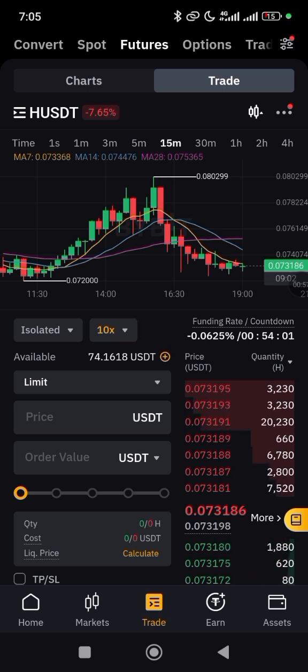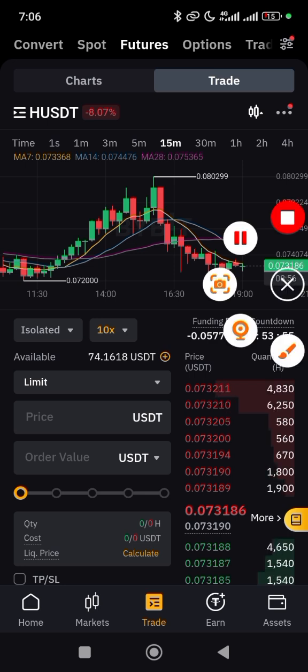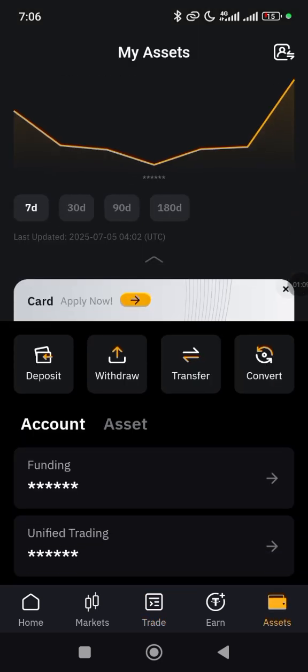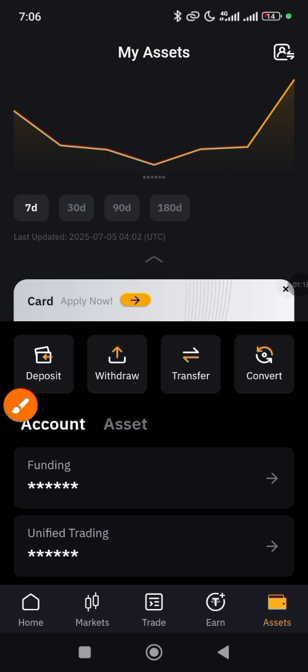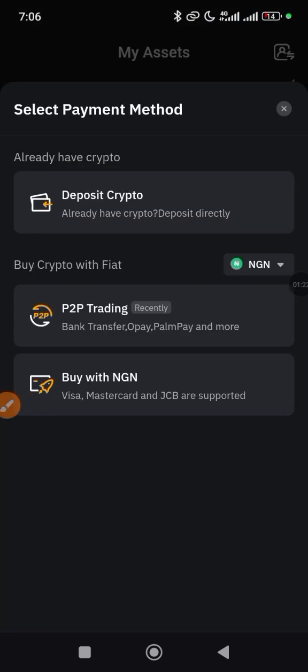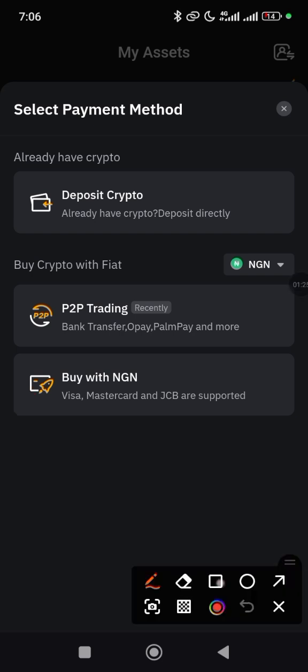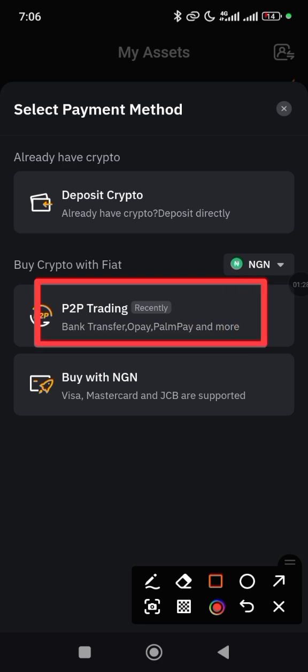First, you need to have funds in your Bybit. All you need to do to deposit on Bybit is come to your asset home and look for where it says deposit, and you deposit your funds. Majorly you use USDT, so click on deposit here, and then it will take you to where you can deposit your funds. You can either use the P2P platform, whereby you can convert your fiat such as the naira into USDT, or you can directly deposit crypto into your account, and then voila, you are ready to start